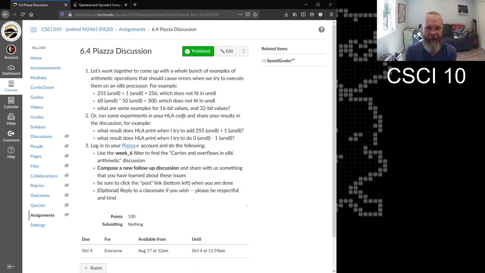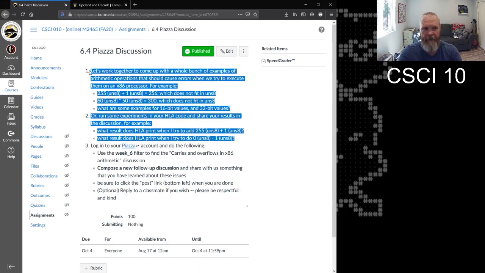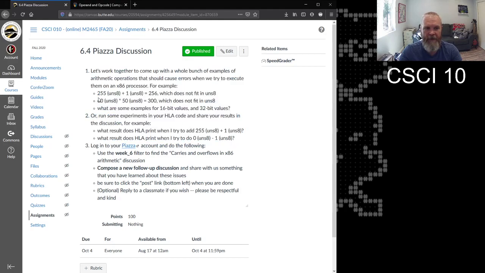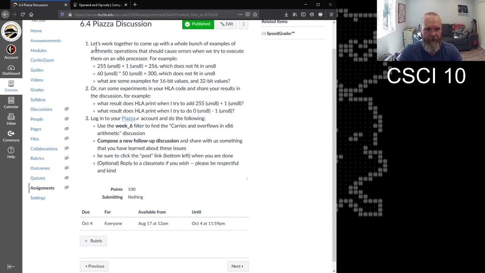What happens when I add 1 to 255? What does the result look like in HLA? You don't have to do any massive research here. It's really just after you've implemented the lab code, punch in some numbers, observe what happens, and share your observations in the discussion. So it looks like a lot of stuff again, but really it's just some ideas about things you might experiment with, observe, and then share.